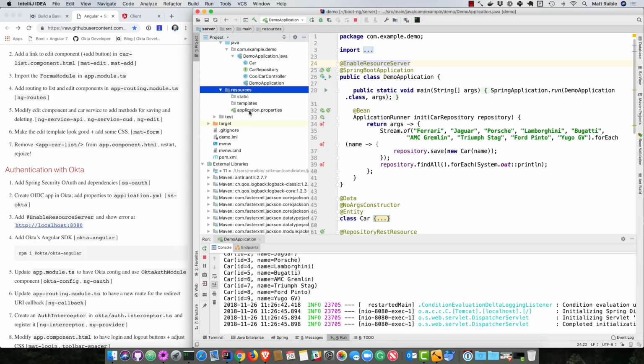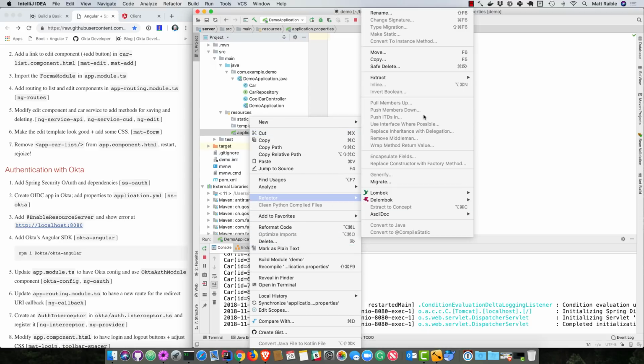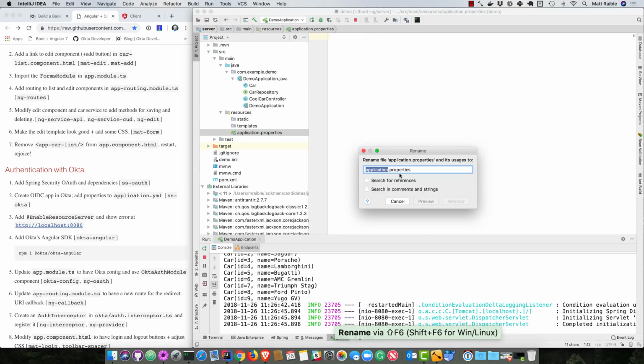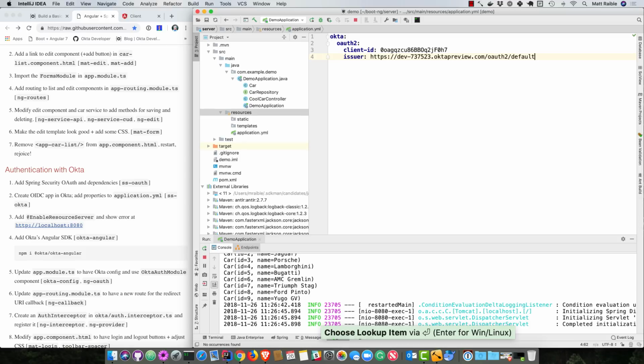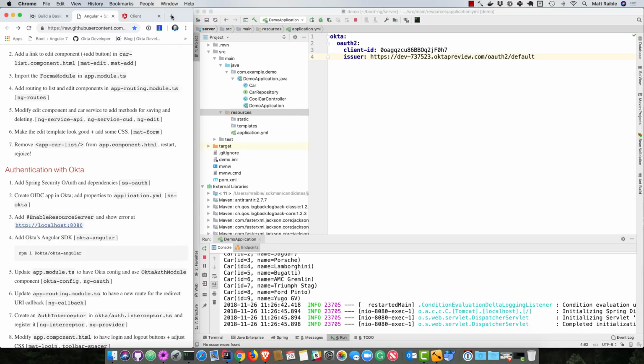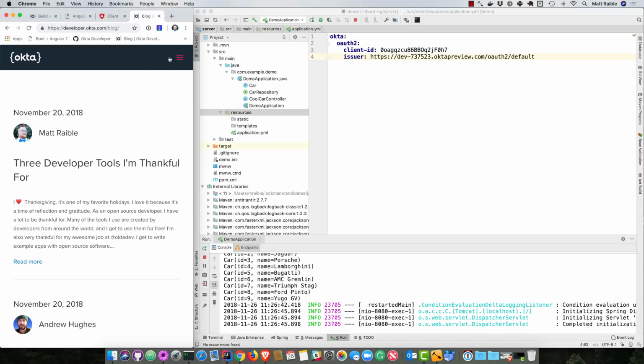You'll need to define a number of properties for Spring Boot and Spring Security. So I'm going to rename this to a YAML file. And you'll see it has Okta OAuth 2 client ID and issuer. So what you didn't see is me actually creating a new app on Okta. So if you go to